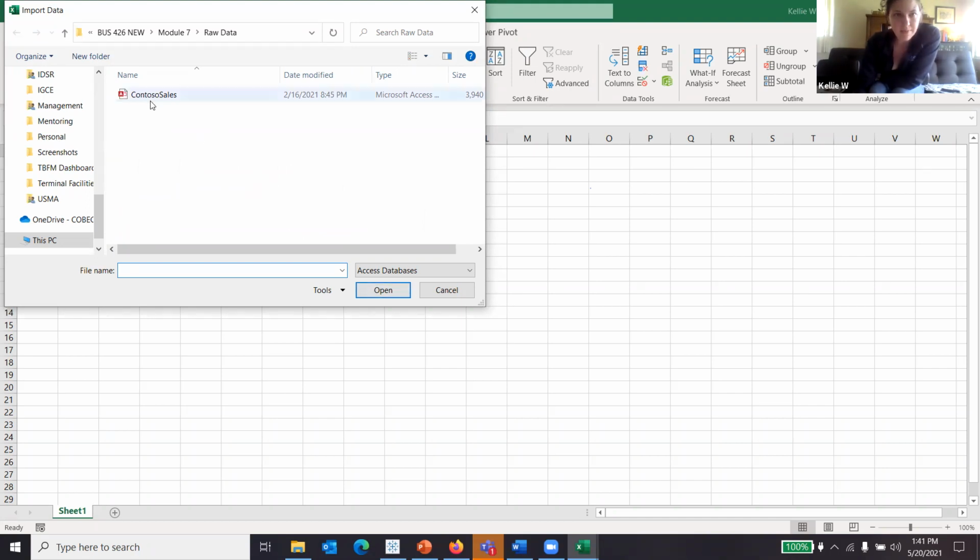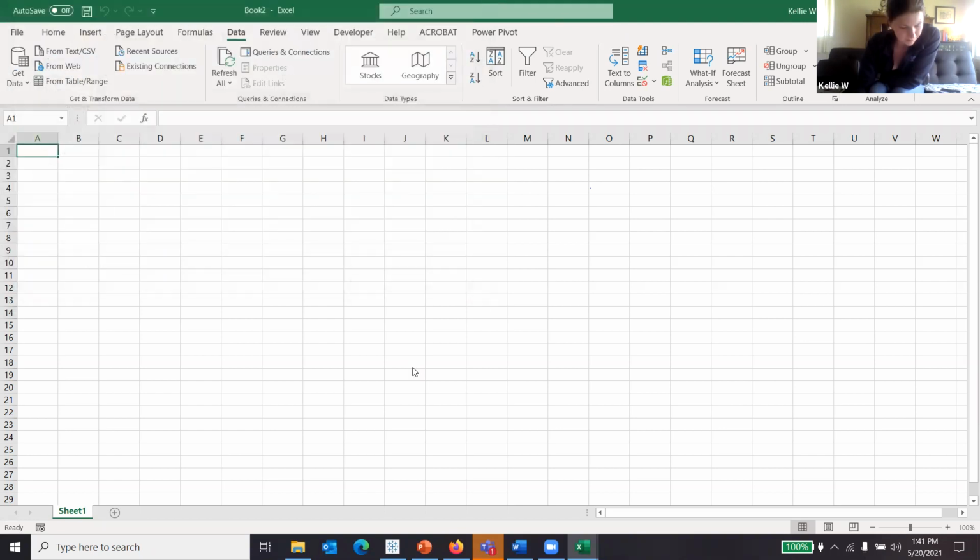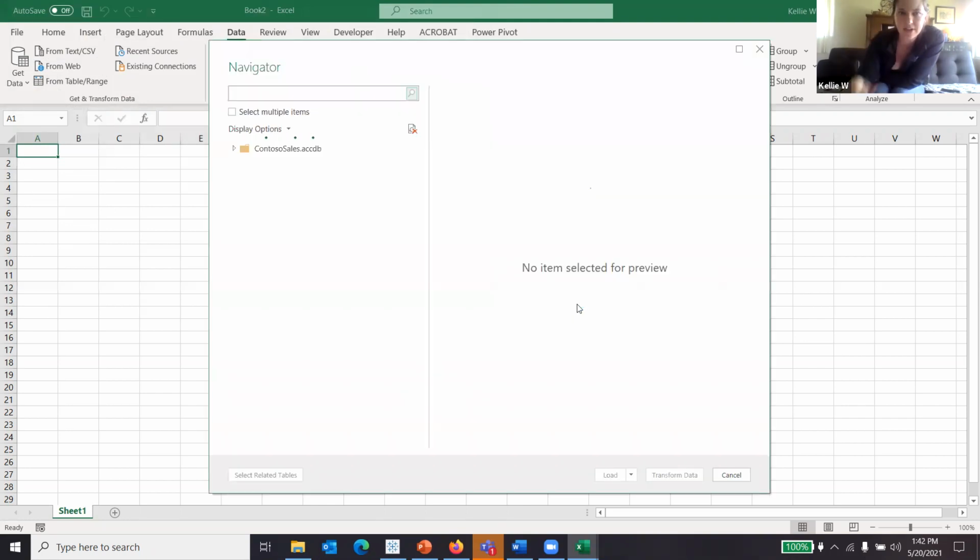Now we're going to get back to the navigator window. And then instead of just loading them in like we did before, where we selected the 5 tables and said load to, and we put it in a data model, we're going to select multiple items. We're going to select all 5. And then click